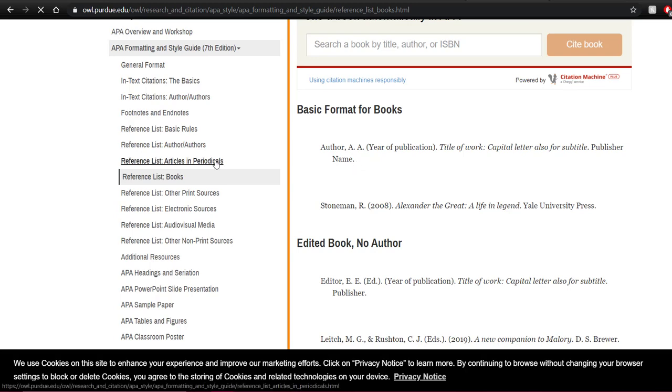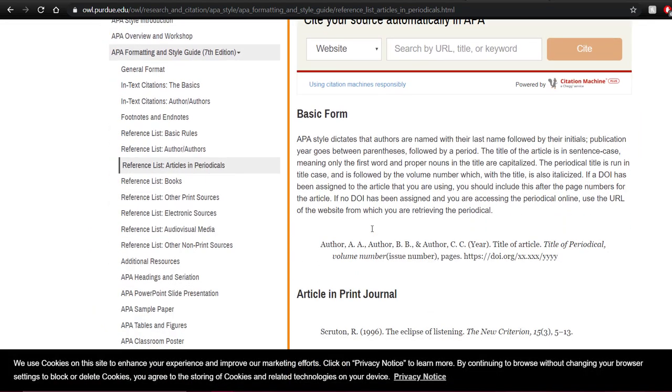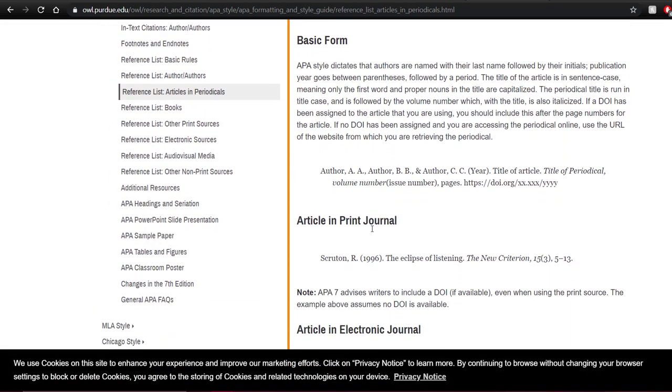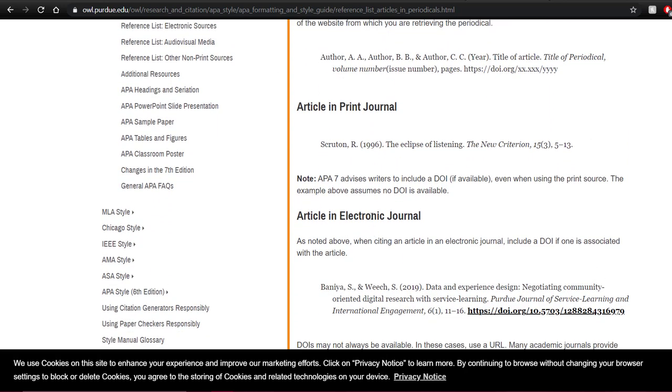You will absolutely be citing journal articles in this class. So let's look at the basic form of a journal article. Again, we see it's the author's names, last name, comma, initials. We see that if you have more than one author, that the last one follows an ampersand, that the authors are followed by the year in which the article was published in parentheses, and then a period, then the title